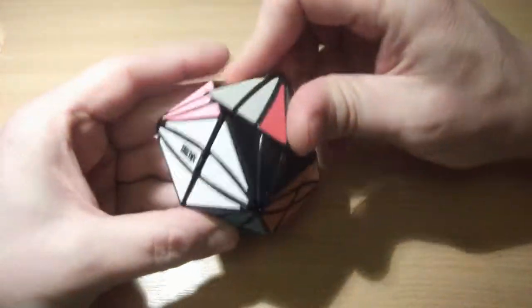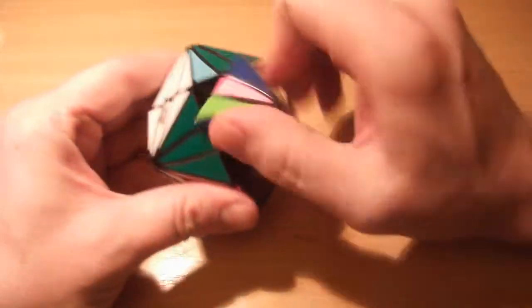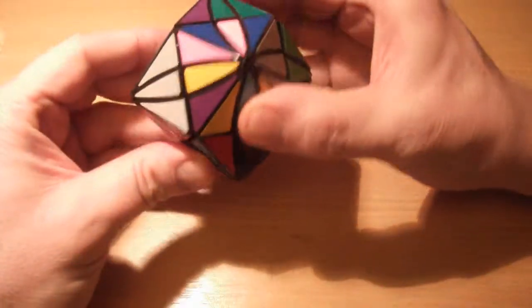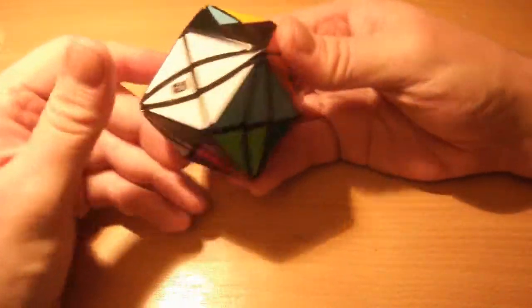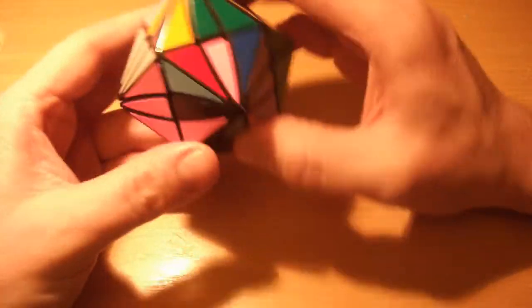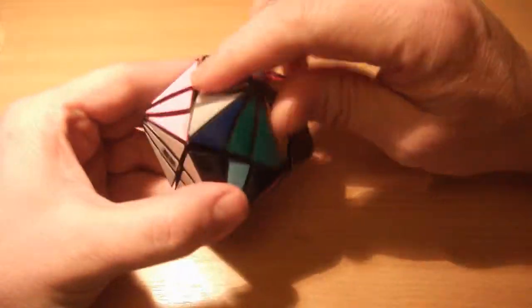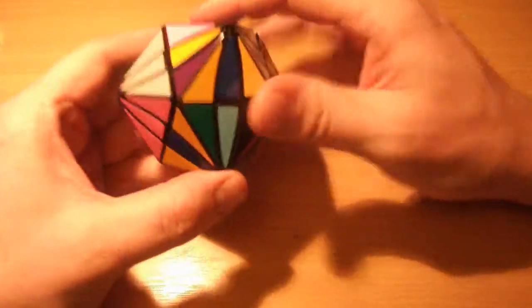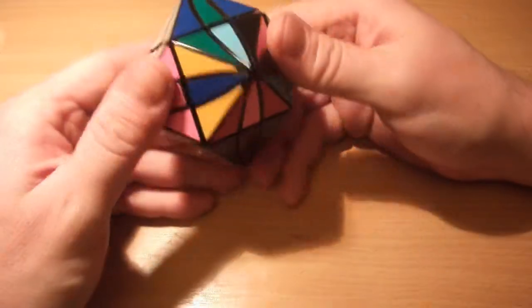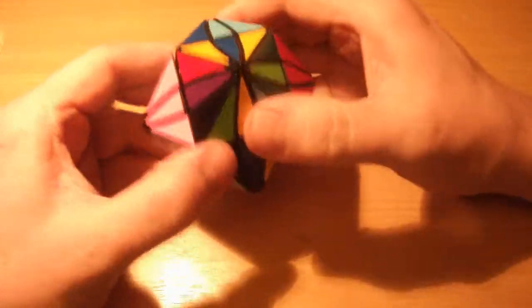I found a way to cycle 5 of the pieces, but it was just too difficult to keep track of, too complex to plan ahead for. I needed a 3 cycle. So the way I approached that was trying to find a commutator that would just cycle 3 of the centres, and eventually I managed to figure one out, and it turns out it's a very useful commutator that will cycle 3 pieces on many different puzzles. I use it on various puzzles now,